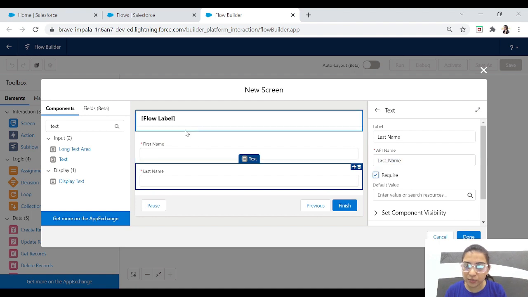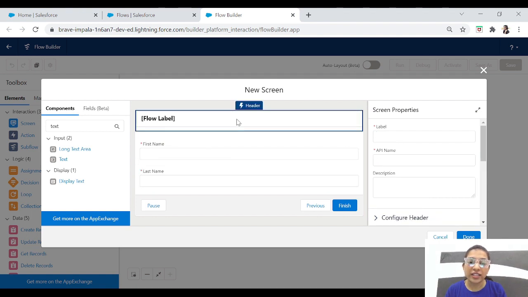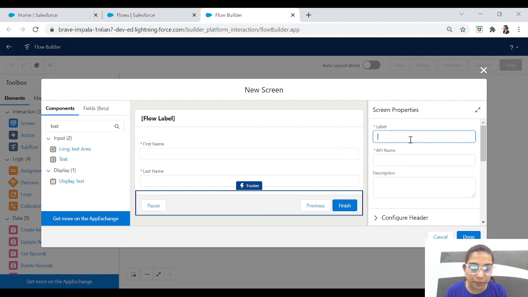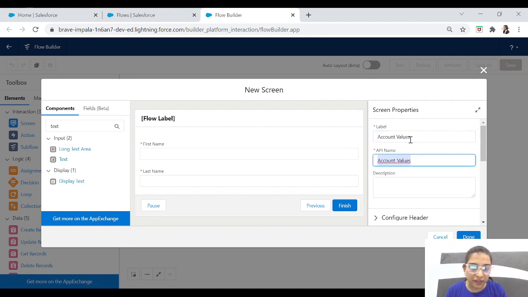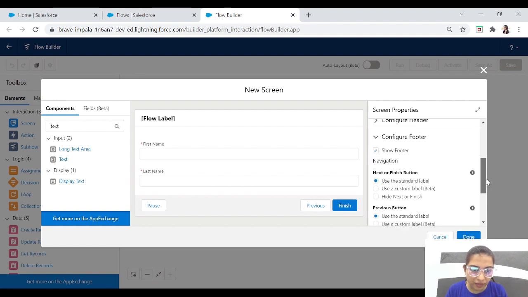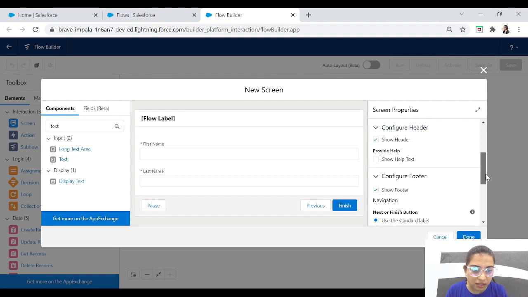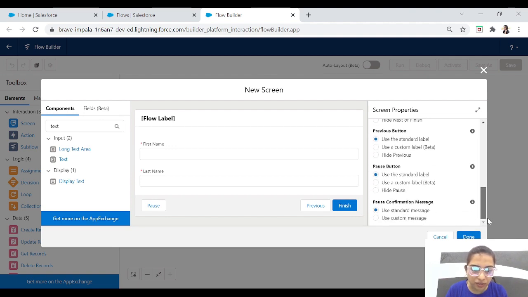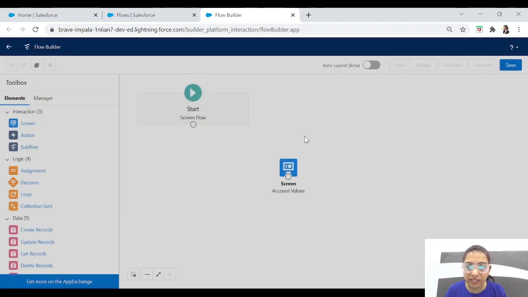Okay, and this will also be required. Now let's give the screen element a name. Account values will be fine, and that's it. This is good. Okay, let's save it.